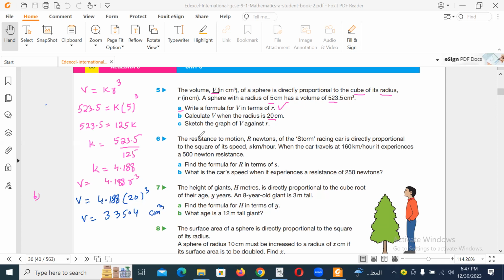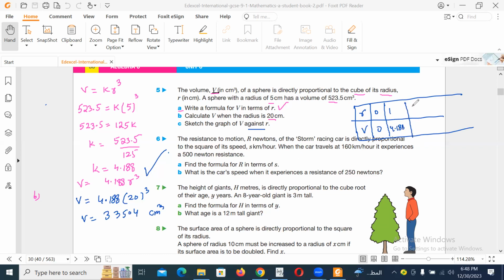Now, if we check the relation or sketch the graph of V against R, that will help you with this equation. Where is the relation? Yeah, this one. You have to find 2, 3, 4 values to construct a table. For example, we can check at 0. Let's suppose this is R, this is V. If we are checking at 0, both are 0, yes? And if we are checking at 1, the same value